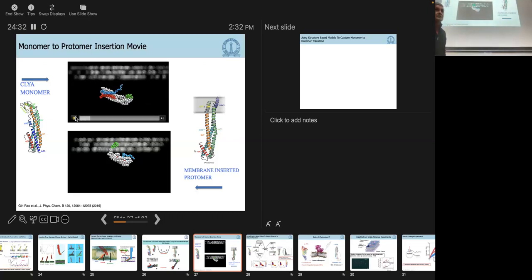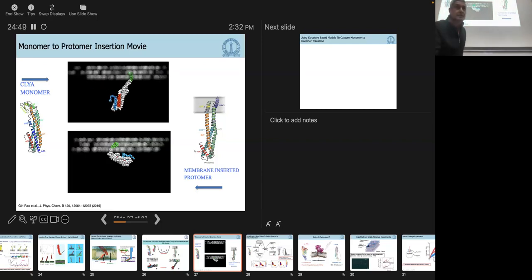We start with this. This is the membrane there, and this is the protein. We can run several hundreds of replicates because these are fast simulations. You'll start to see that the green part, which is the beta tongue, starts to insert into the membrane on top. If you continue the simulation, I think the red is the alpha. The colors are switched here. The red motif, which is the alpha A1 helix, now starts to insert into the membrane. And finally, it will assume this membrane-inserted protomeric state.